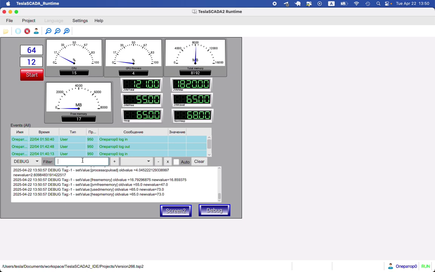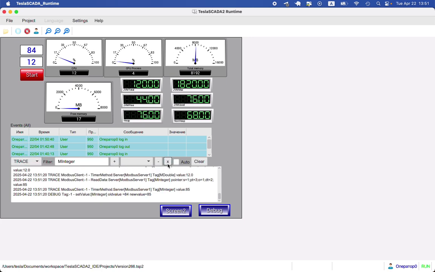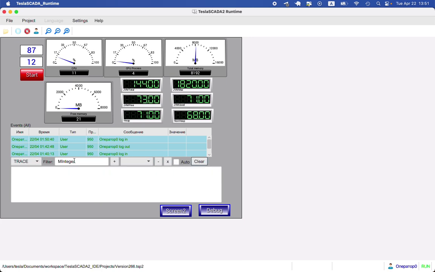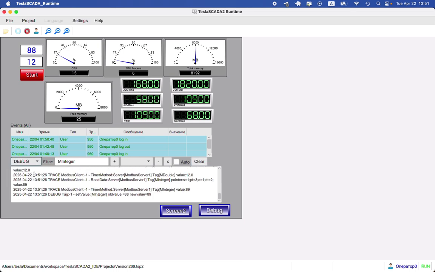For example, we want to get information for the tag mi integer, and add it. And for example, we want more detailed information. You can choose state, and you can see how it writes to the tag and reads from the server, the Modbus server in our case, and other information about this tag. And you can clear all tags here. After the debugging process,